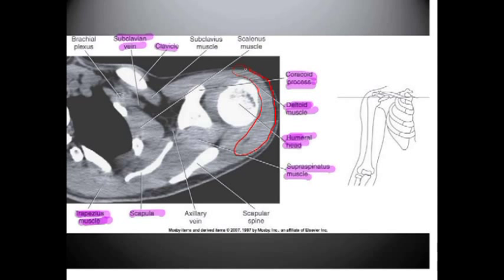The deltoid should be fairly easy to discern. We have the supraspinatus,